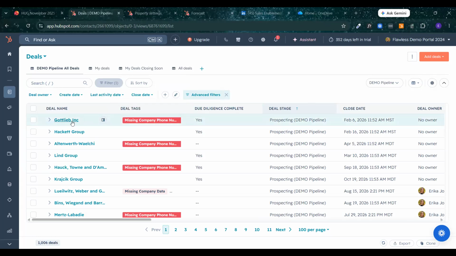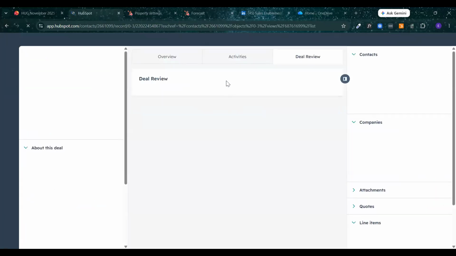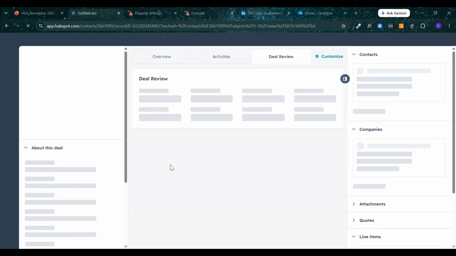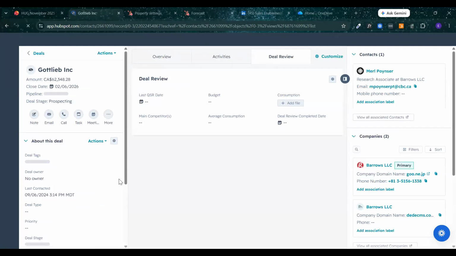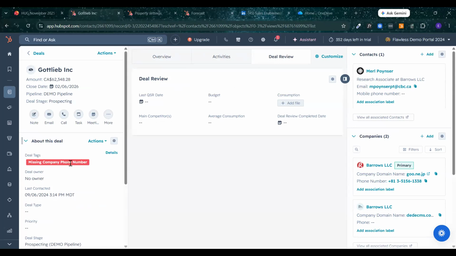You can add deal tags as it was on the board view, and you can also add deal tags here as a property. So you can add it into the about this deal section as well.